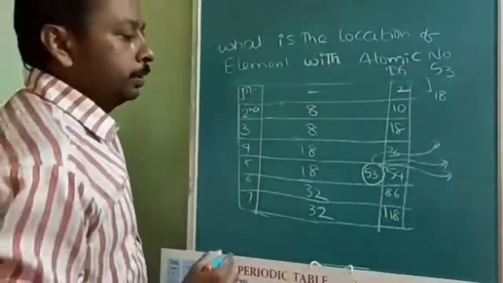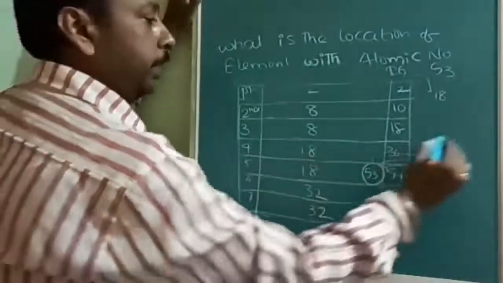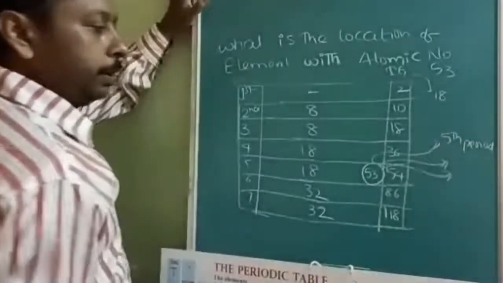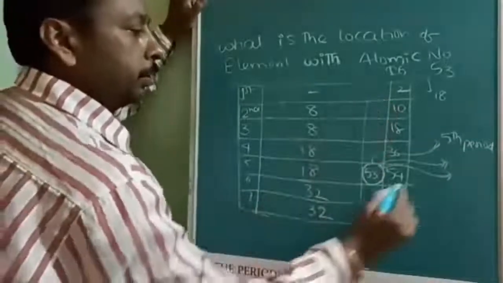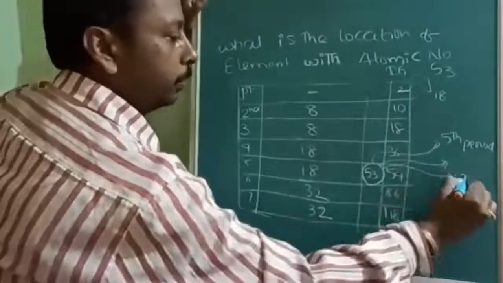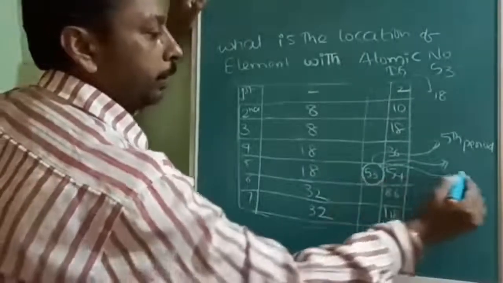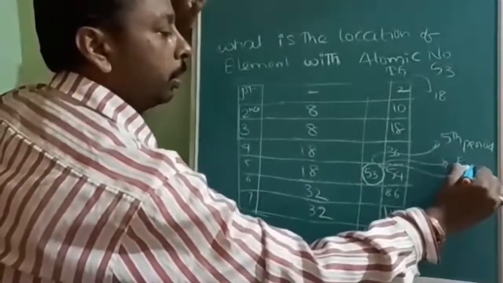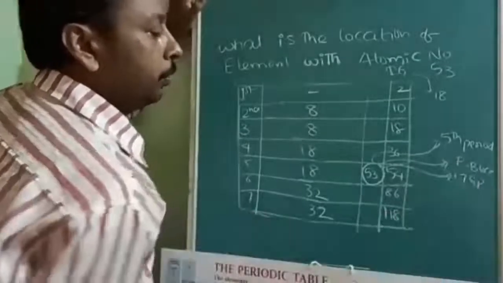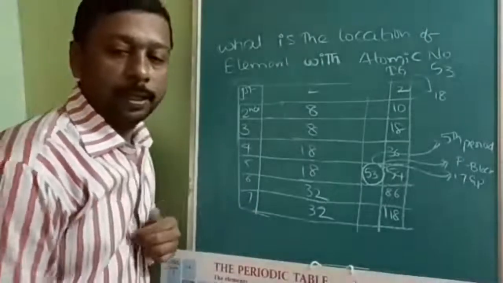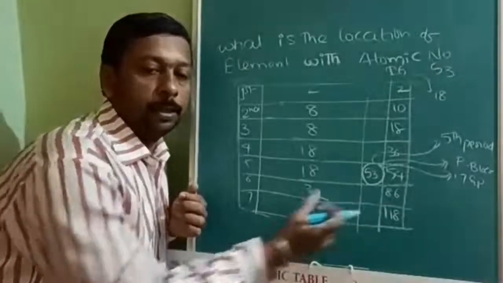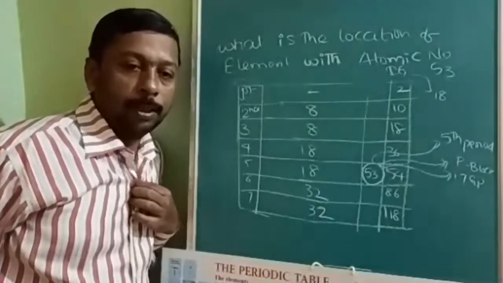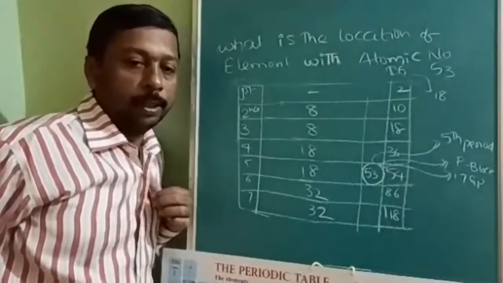Okay. What is the first one? Period number. See, it will be the fifth period. And the 17th group. Here you can directly find the 17th group, next to the 18th. And the 17th group belongs to which block? P block. So without writing any electronic configuration, if you remember this, it is highly useful. Not only for higher atomic numbers, you can apply it for lower atomic numbers also.